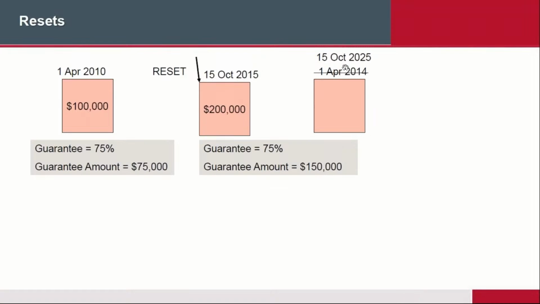So that's the downside, you might say, in that if you wanted your money before that, it may cause a problem. In other words, if you wanted your money exactly 10 years from the first deposit, 2020, but you reset it, then you're in between cycles. And so therefore it will be according to whatever the value is at the time that you cash your money in, basically. So we don't give you any guarantees in that. The death benefit guarantee is certainly there, but not the living benefit guarantee. But if you wait until the maturity date, then you will get 75% of the reset.